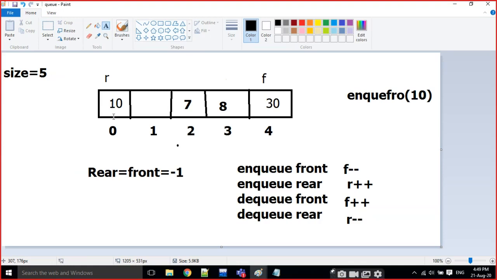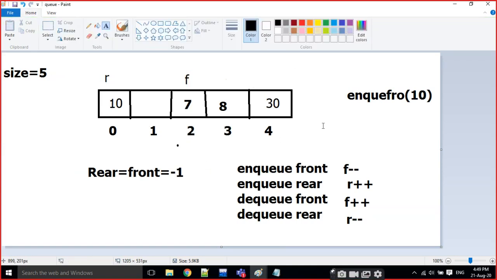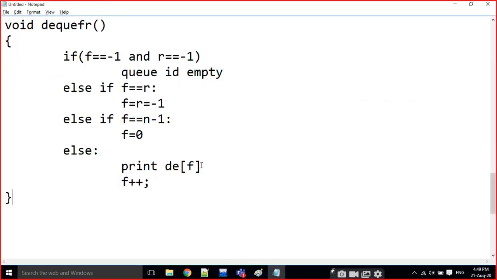I am going back to the last position. That means we are going to erase here and we have to move here. Front is not here really. The front is at this position. Now rear is going to delete this 10 and rear is going to this position. Okay, like this it is going to be working.